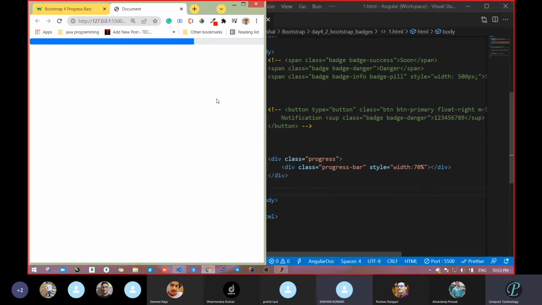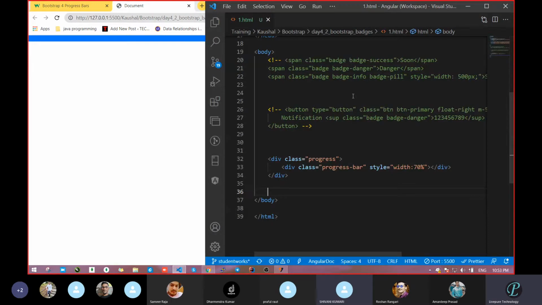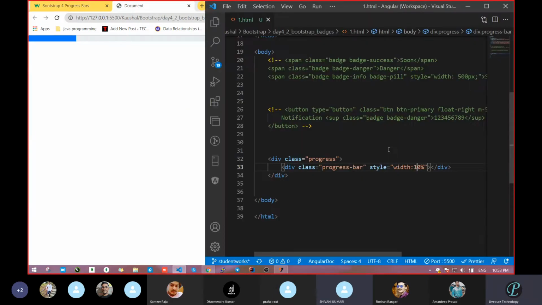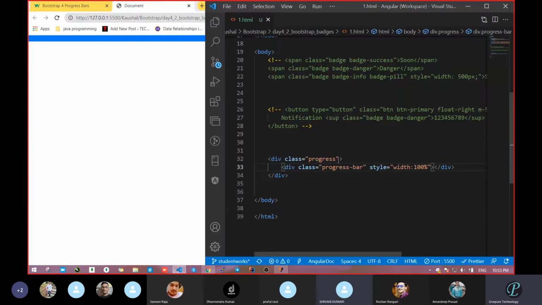So see, this came as your progress bar. Clear? See the color, that blue color you are getting is due to 70%. Give this 10%, let's see. It will show 10% uploaded, meaning 10% is done. What do you think when it is 100%? See, it becomes completely blue. Clear? This way we can add the progress bar.